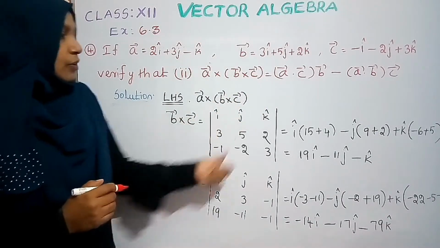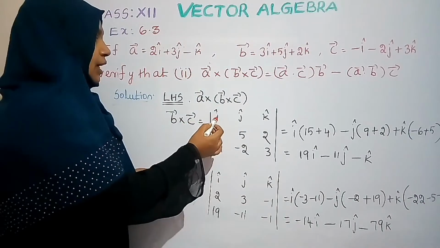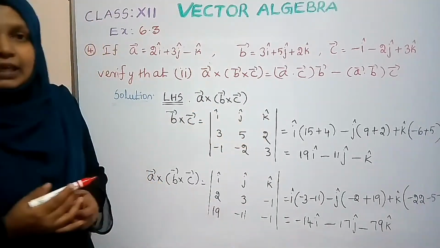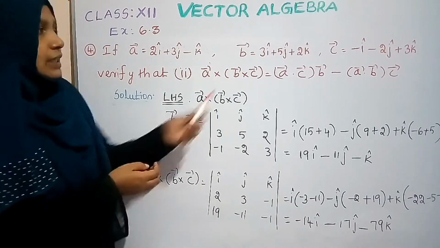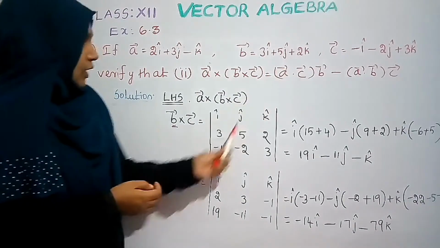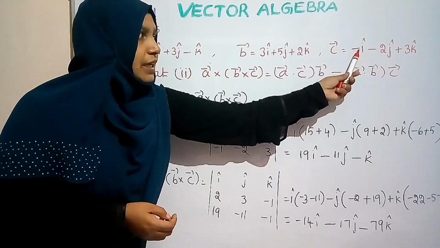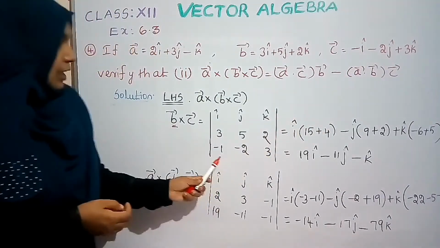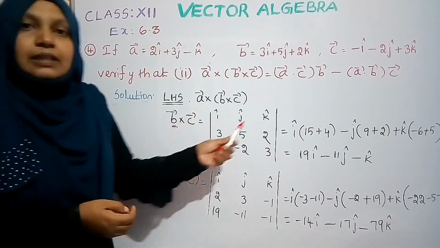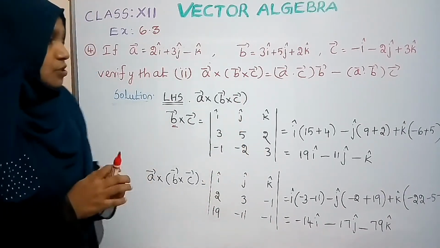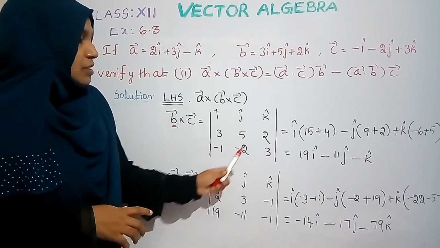So first I am calculating the determinant value for the cross product. The first row as usual is i cap, j cap, k cap, and the second row will be the components of b vector, which is 3, 5, 2 here, and the components of c vector you can also take from the question: minus 1, minus 2, 3. That I have written here: minus 1, minus 2 and 3. Then expand the determinant along the first row. So it becomes i cap into 15 minus of minus 4.